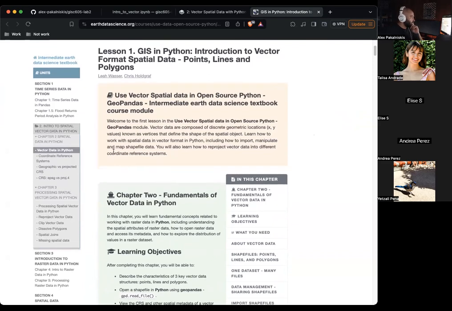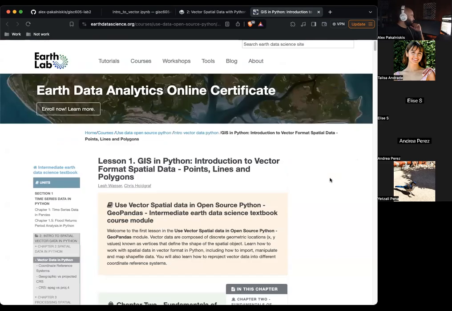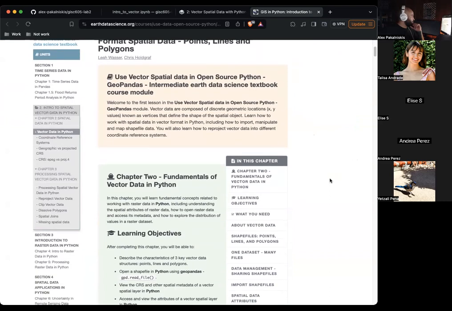So this is the first lesson in this module of GeoPandas from CU Boulder. I think that's the CU Boulder, or Colorado generally. And so we're going to learn how to work with spatial data in vector format. So importing, manipulating, and mapping shapefile data. What we're learning here isn't limited to just shapefiles.